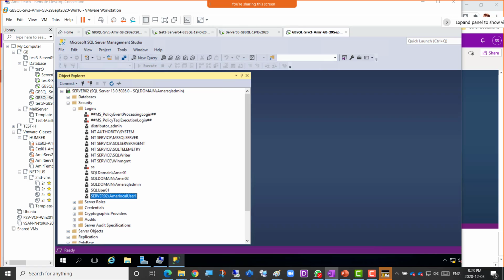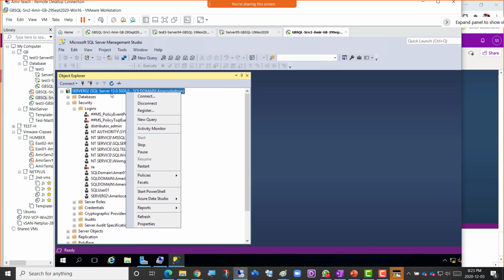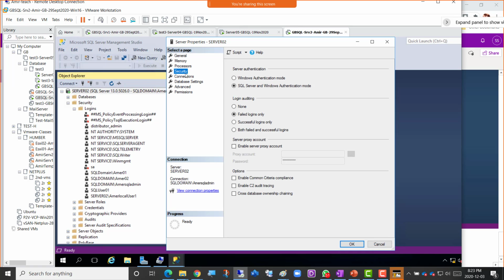The first configuration would be that if I go to the SQL Server level here, we need to change the authentication and then restart the SQL Server. So that's the first step. If I right click, then go to the properties, and then go to the security here,